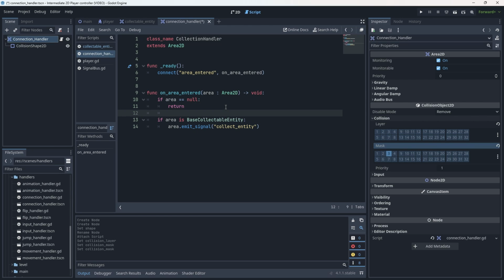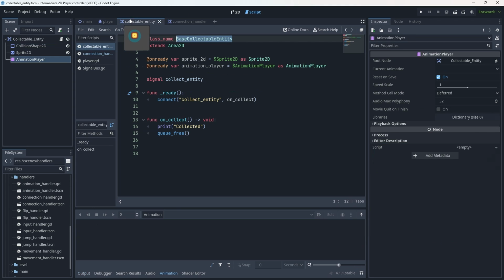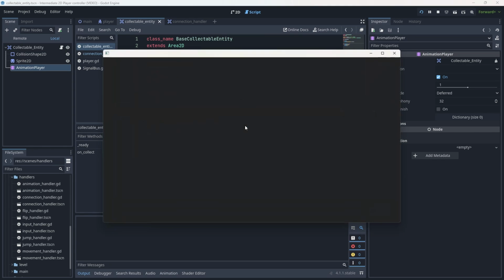Now, you can do this in a lot of different ways. The reason why I'm doing it this way is because now anything that enters this area, if it is of type BaseCollectibleEntity, will emit this signal. And if it's not, it won't do anything, which is really useful because in the future, when we go to expand this and say we want to interact with a lever, and it will be of type LeverEntity or SwitchEntity, we can then start adding in extra pieces of code to do those individual things and allowing that connection to be made. So with this done, let's go back to our collectible entity, hit F5,